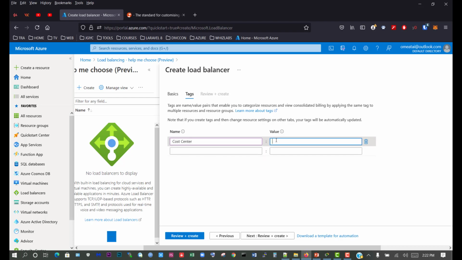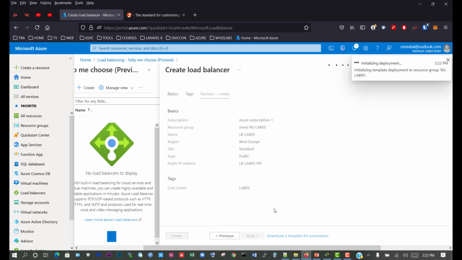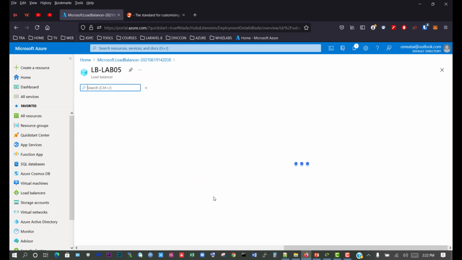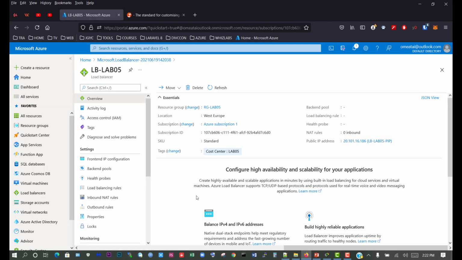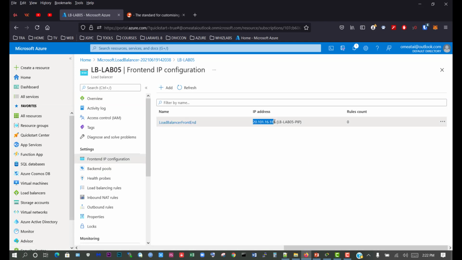The value will be lab 05, and review and create. And now we can see go to resource is being completely created. So click go to resource, and we'll click on the front end IP configuration. So this is the IP address that our virtual machines are going to be using to have access to the